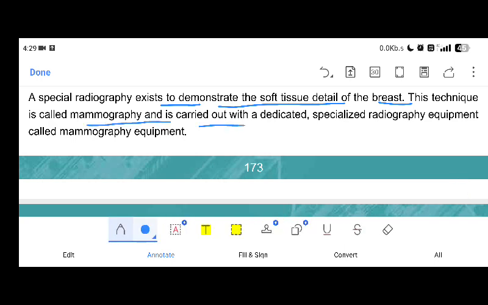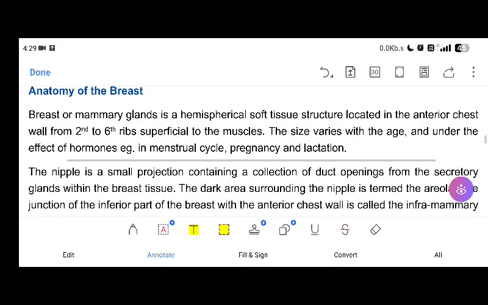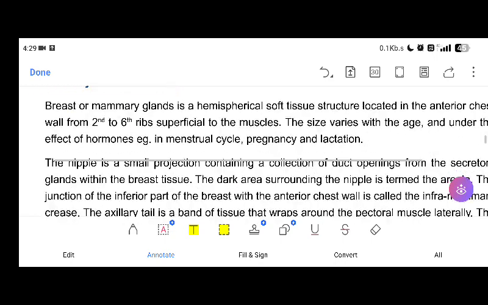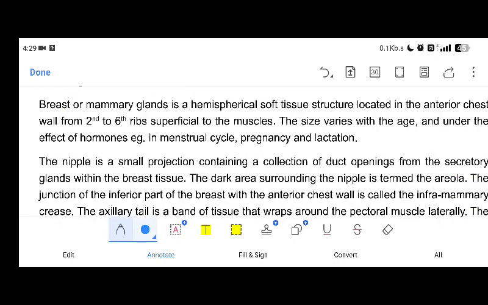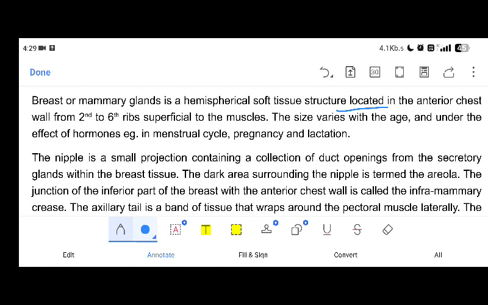This technique is called mammography and is carried out with dedicated specialized radiography equipment called mammography equipment. And now the anatomy of the breast. The breast, or mammary gland, is a hemispherical soft tissue structure located on the chest wall from the second to